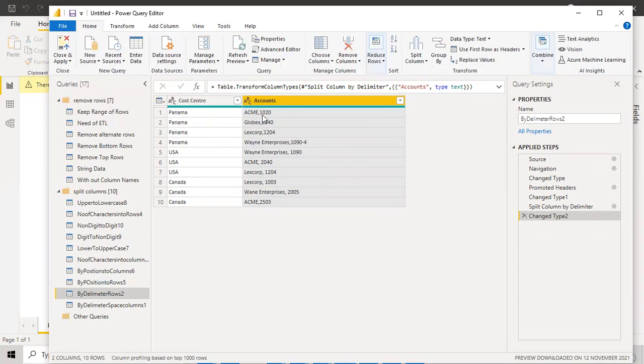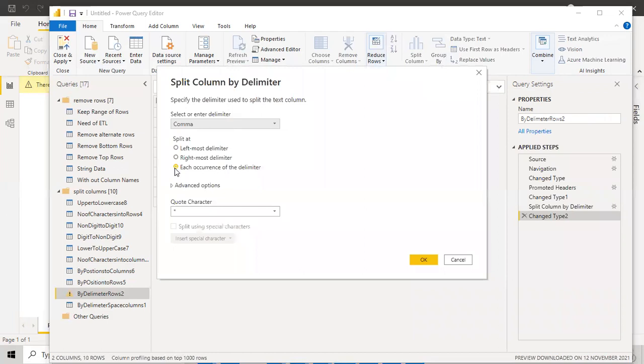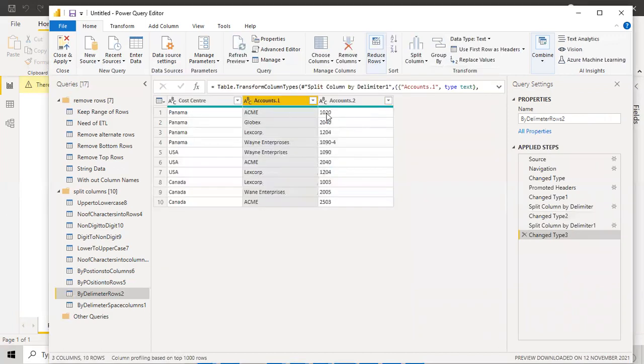Again, I'll split with a delimiter, this time into other columns: comma, each occurrence, not advanced, and split. Now quantity is separated from the product names, and for each country you can see how many units of each product were sold. For Panama, Globex is 2040. This is how you can do that. Got the point?